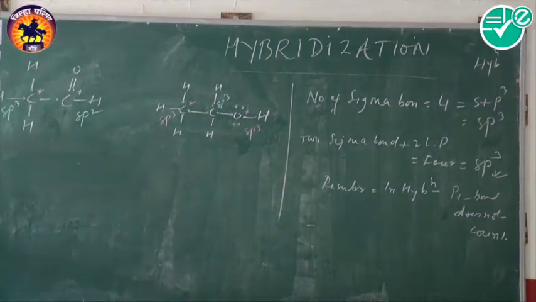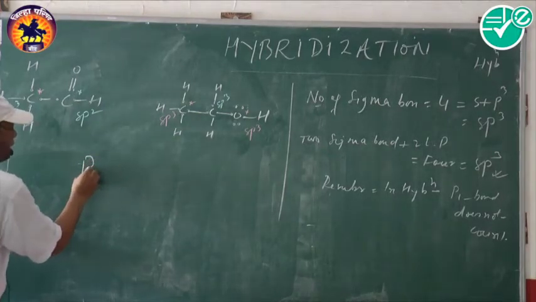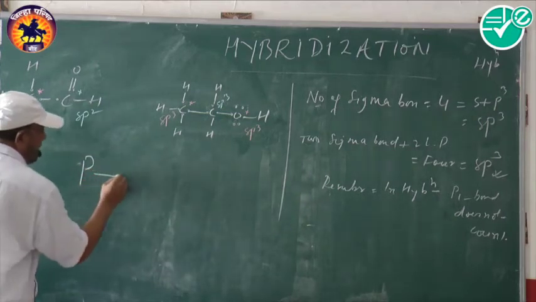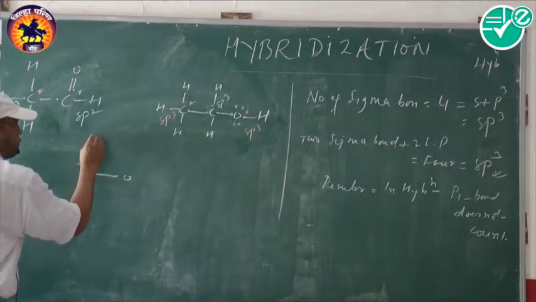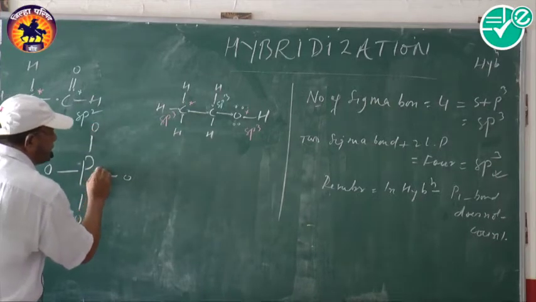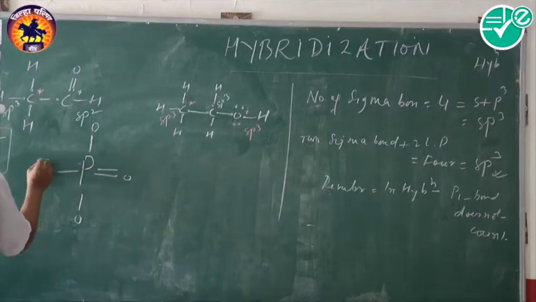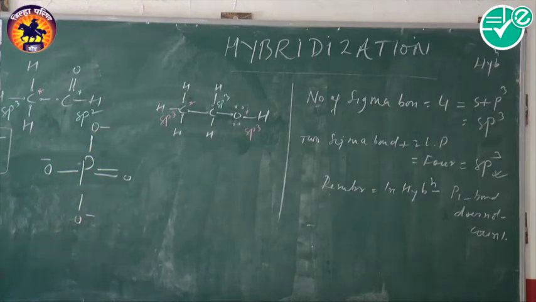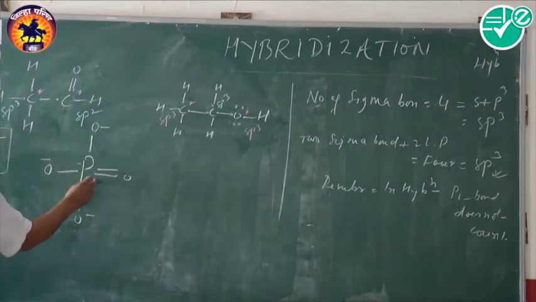See, this is your phosphate, PO4 minus 3. Very easy. The central atom is P and there are 4 atoms, 1, 2, 3 and 4. O has a double bond, negative, negative, negative. This is the structure of phosphate. 4 times 2 is 8, minus 3, it is plus 5. Therefore, this is 5 bonds.